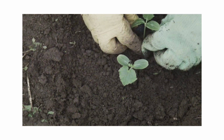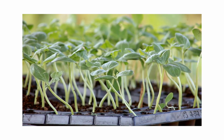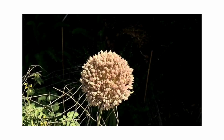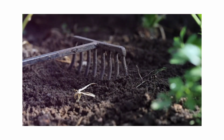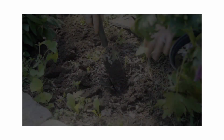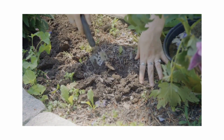Section 7. Transplanting seedlings. Once the seedlings have developed 2 sets of true leaves, they are ready to be transplanted outdoors. Choose a location in your garden that receives full sun to partial shade and has well-drained soil. Joe-pye weed prefers moist soil but can tolerate some drought once established. Prepare the planting site by removing any weeds or grass and loosening the soil to a depth of 12 to 15 inches. Dig holes that are slightly larger than the root balls of the seedlings and space them 2 to